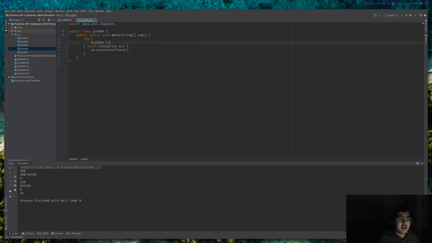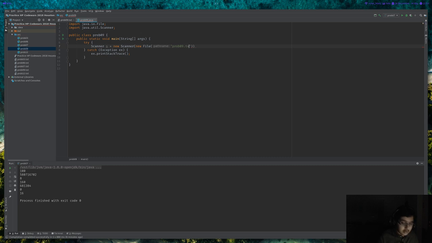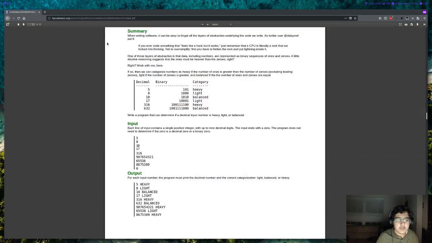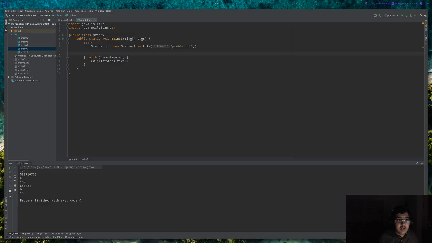Scan s equals a new Scanner, and we're going to read from the file. We're going to read prob09.txt. Alright, so now we have